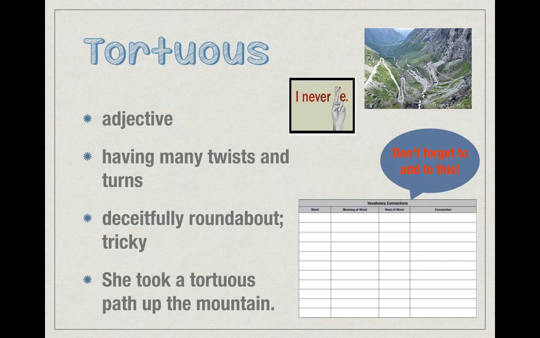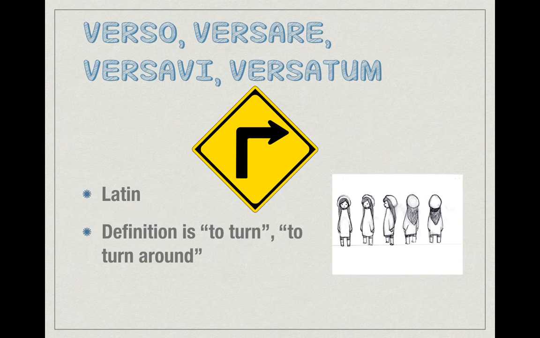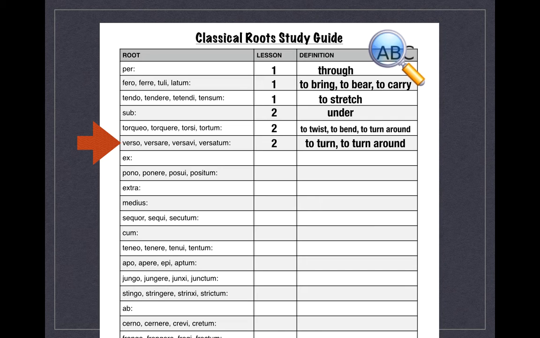We're moving on to our final root for this lesson. The root is verso, and this is the one I told you was very similar to torquio. Verso means to turn or to turn around. So you'll notice that torquio is to twist, to bend, to turn around. Verso is to turn or to turn around. So make sure that you know the difference between those two. The first word that uses this root